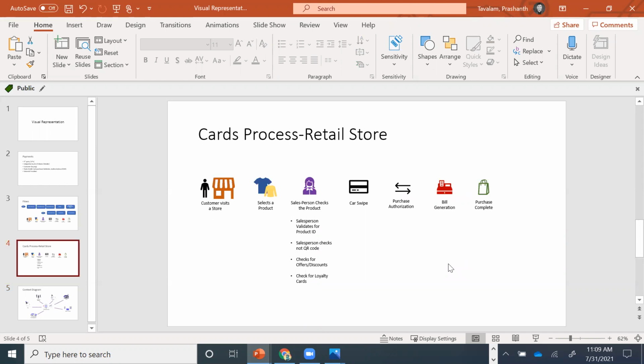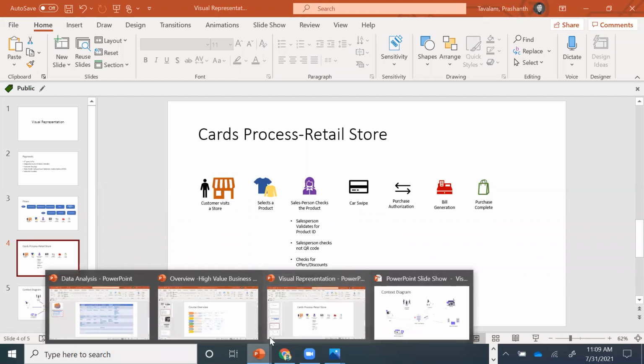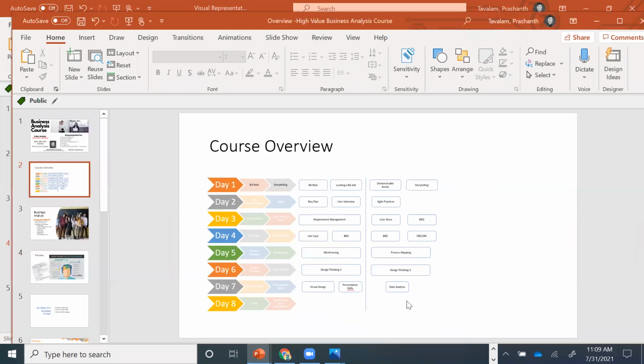Okay, right now we'll take a quick 10-minute break, come back, and then we'll go through the rest of the session. What we are planning is one is data analysis, the other one is presentation skills. I think we should be able to do justice. Okay, so I'll pause the recording for now. Once you come back, we'll go through the remaining.